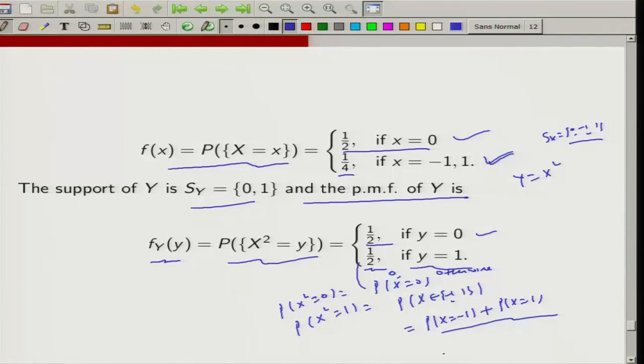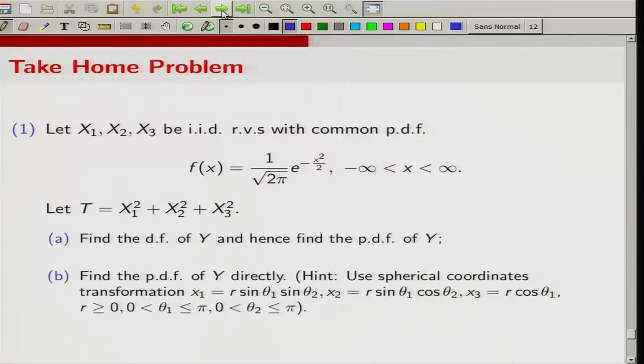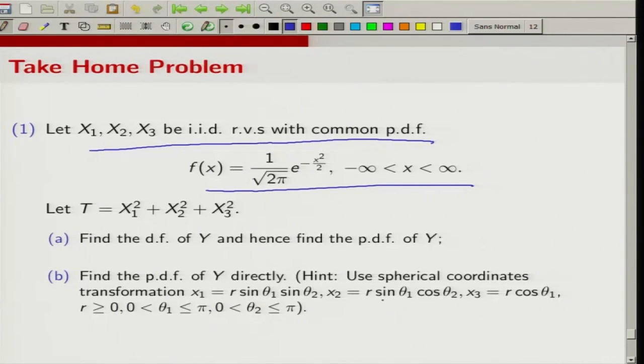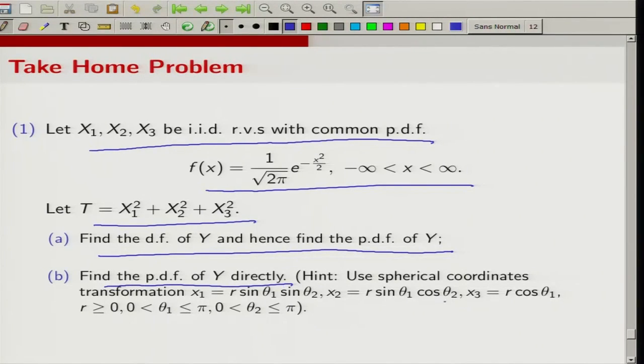So, you saw that sometimes if you can identify the moment generating function, then this technique can also be useful to find the distribution. Now, before I end this module, let me give the following take home problems. Let x1, x2, x3 be IID random variables with common PDF given by this. Let y be the same as x1 square plus x2 square plus x3 square. Find the distribution function of y and hence find the PDF of y. In the second part, find the PDF of y directly using